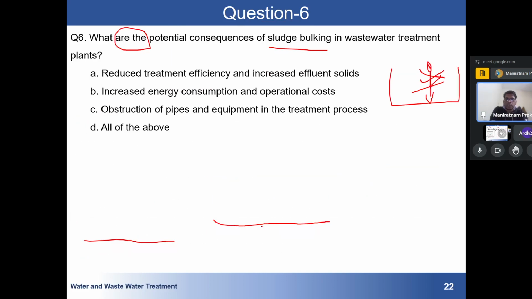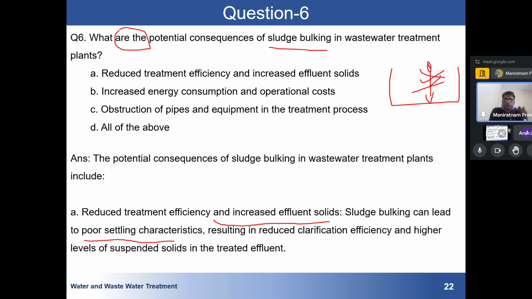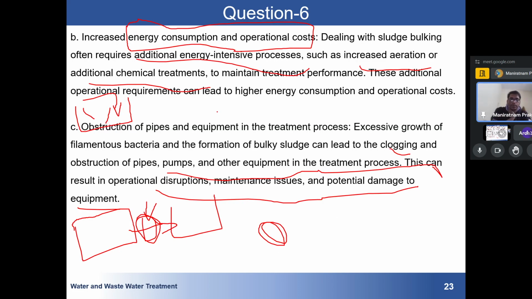So this was the question. What are the potential consequences of sludge bulking in the wastewater? And the answer is all of the above. Okay. I hope this is clear to you. If you have any doubt, you can ask, or else I am going to the